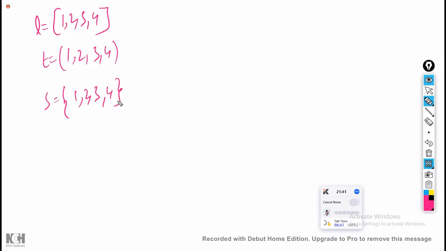Now, when you write like this, what happens in the backend is that it is going to create an object. In that object, it is going to store whatever order you have written. In the same order, it is going to store, and it is going to assign the